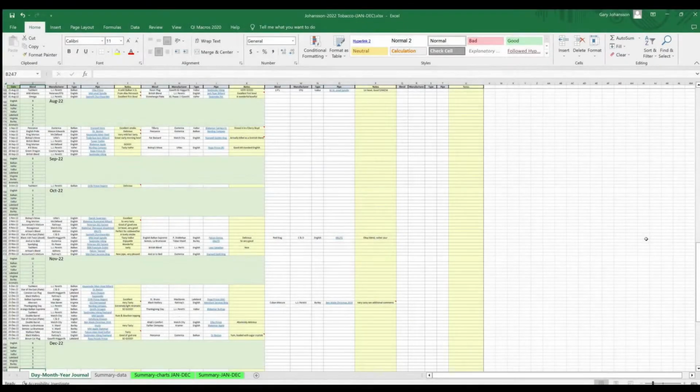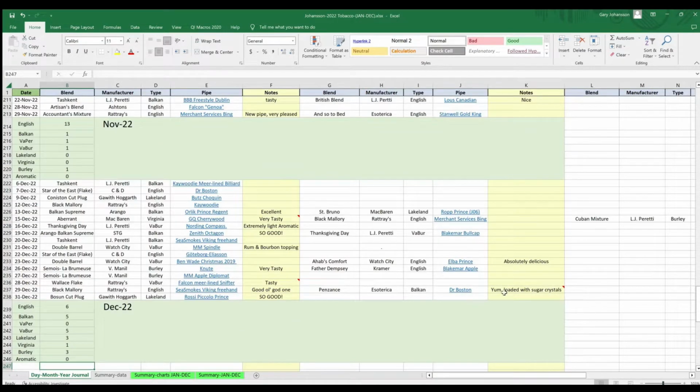So here's a bird's eye view of my journal for 2022. All of the blends and pipes that I enjoyed over the course of the year. Let's zoom in and get a closer look. So the way I lay this out is I record the date that I enjoyed a particular blend, what that blend was, and who the manufacturer is, and the type of blend it is, and what pipe I smoked it in. I have taken images of all my pipes, and I can link them in this column, primarily to show,